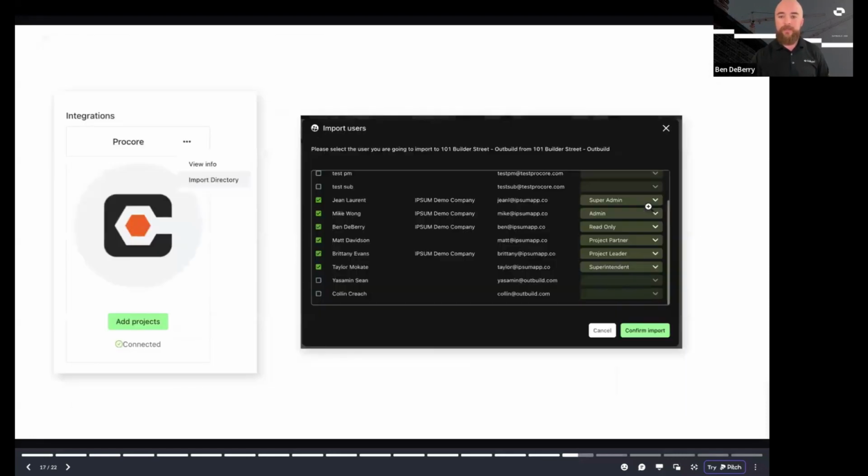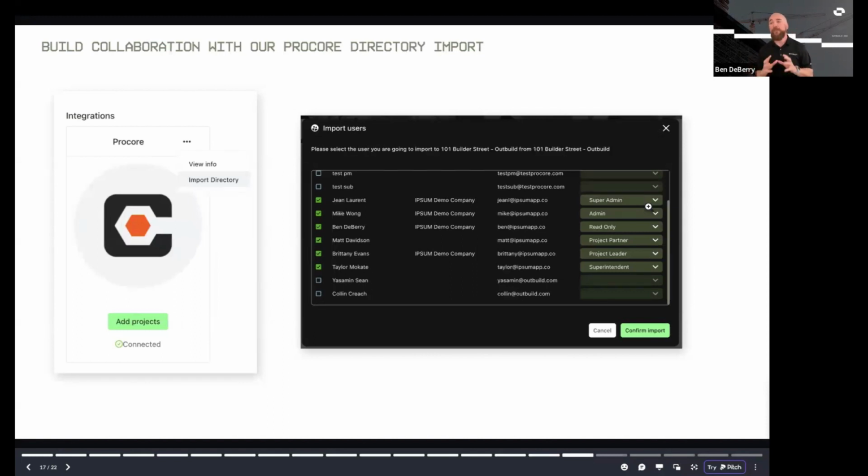All right. Next, we're going to move into our directory integration. This one's pretty simple. It's equally powerful, but I want to be sure everybody's aware how it works, how to use it. So as you've used Procore, you've learned that, wow, having more eyes on this stuff is actually really beneficial. It opens up that conversation. We're collaborating. We're being more effective with our time. We're having more successful projects. We want to continue that process here with Outbuild.